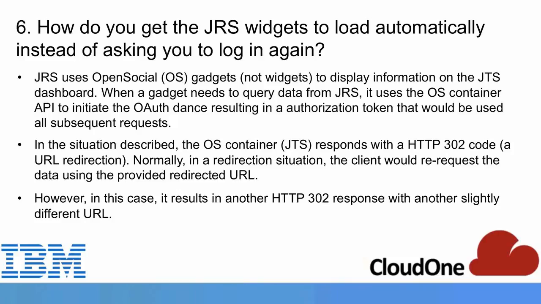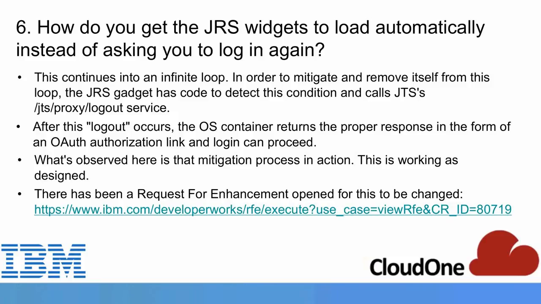Basically, JRS uses open social gadgets to display the information. And so what happens is it kind of goes through a loop, receiving the HTTP 302 code. And in order to get out of that loop, it will prompt for the OAuth authentication again, which will go ahead and cause you to log in again. That was stated as working as designed by the user who went and spoke with development on it. There was an RFE enhancement request. I included it here. It is still open,